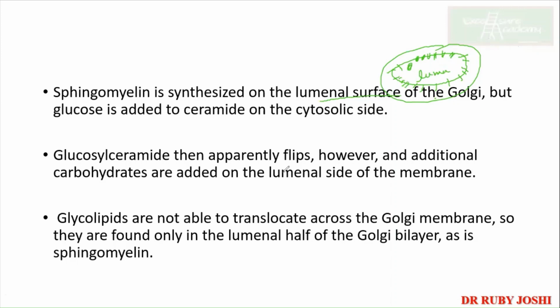Golgi के अंदर का जो हुआ वो आपका luminal surface हुआ. Now glucosylceramide: glucose is added to ceramide on the cytosolic side. So when ceramide is present, ceramide can be present here also. So sugar moieties will be added over here like this, because these enzymes are present in the cytoplasm. Itna clear hai?